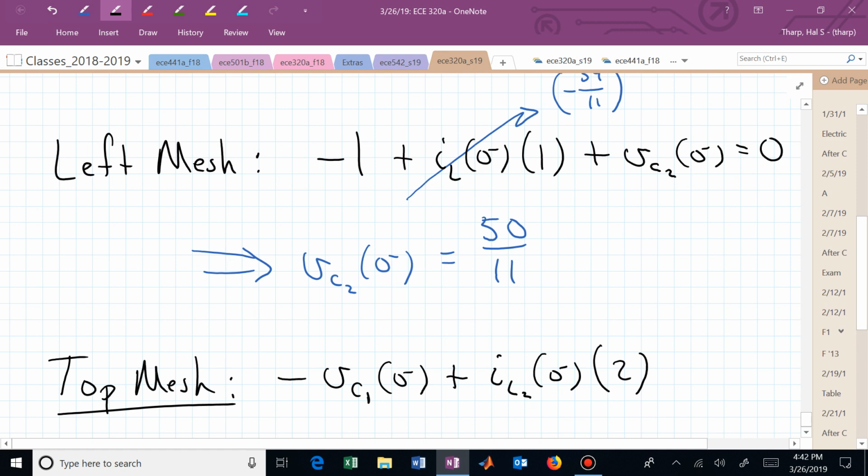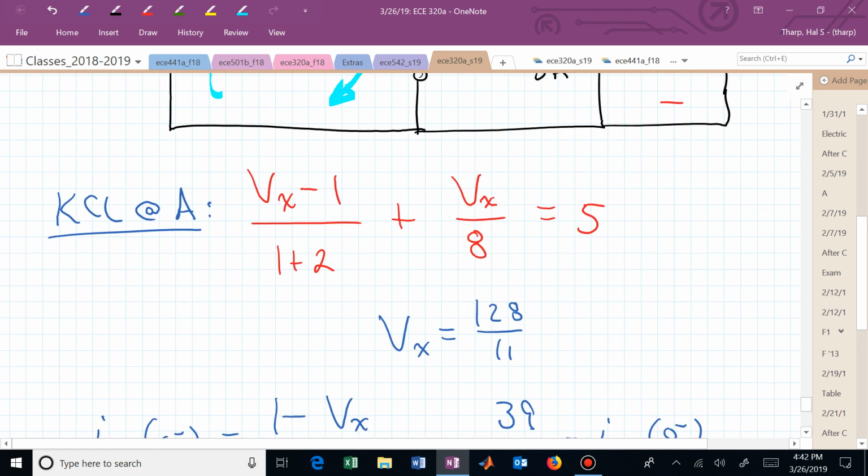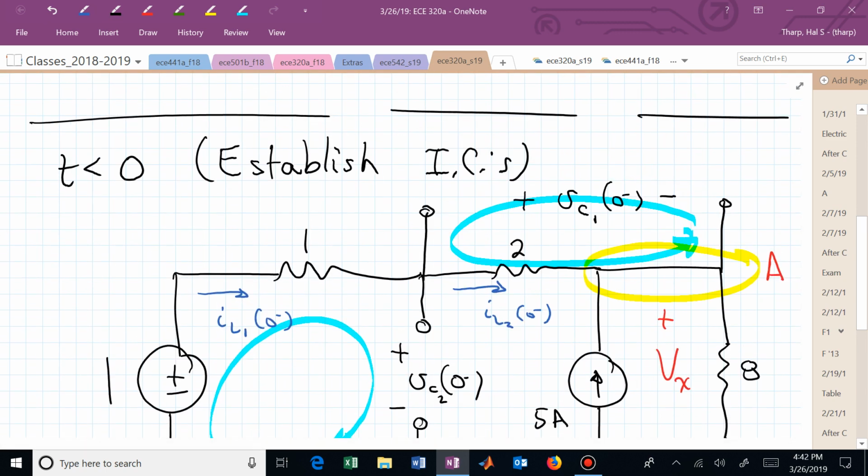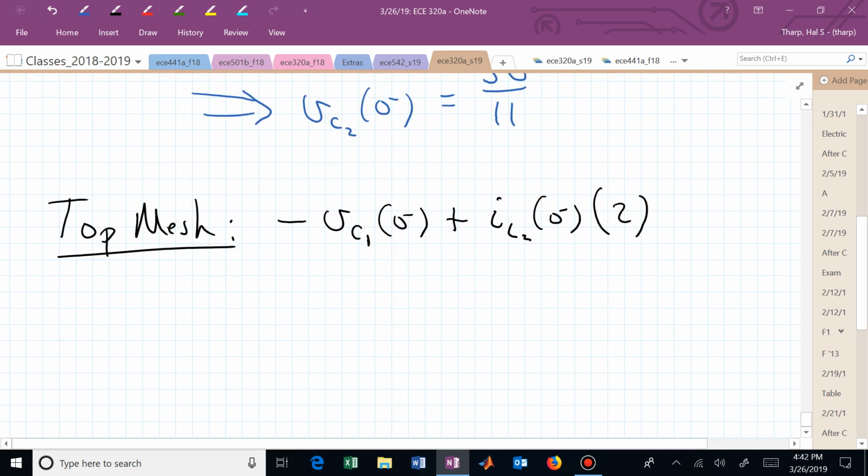And then what? Then I'm actually back where I started, since that was just a node A. So that is equal to 0, and I can solve for,